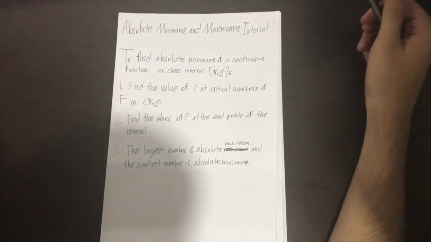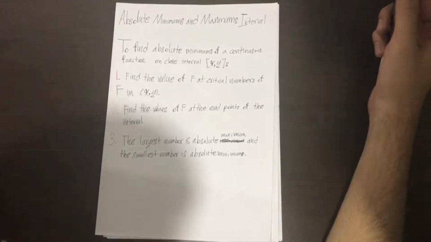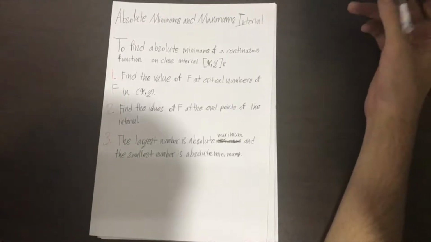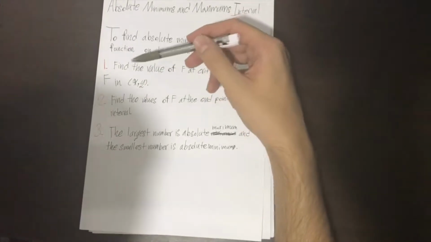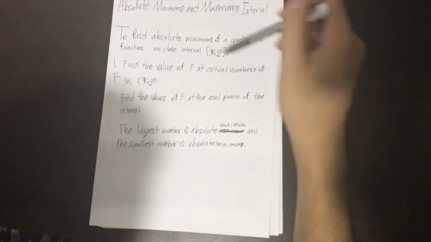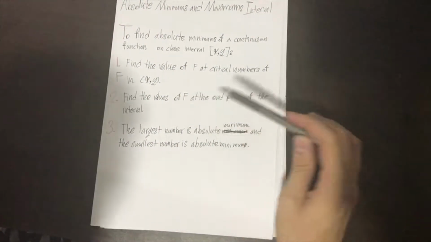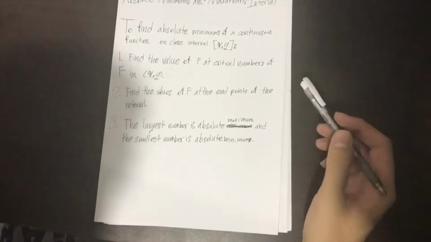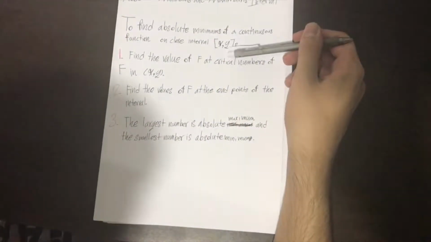Today I want to explain to you about the minimum and maximum intervals. To find the absolute minimum and maximum of a continuous function on a closed interval, first we have to find the values of f at the critical numbers in the interval, find the values of f at the endpoints of the interval,